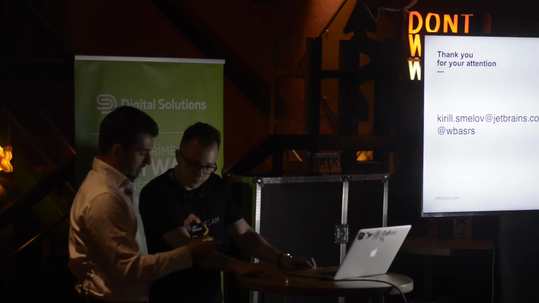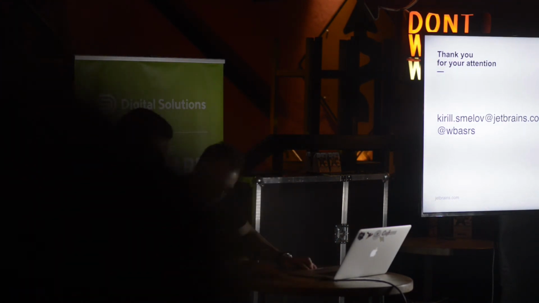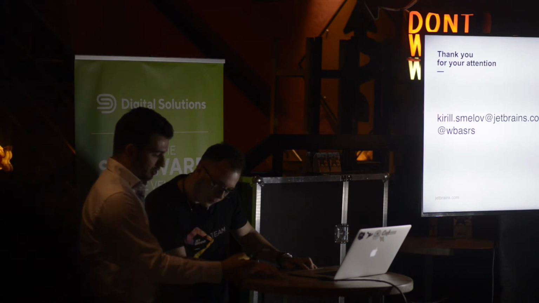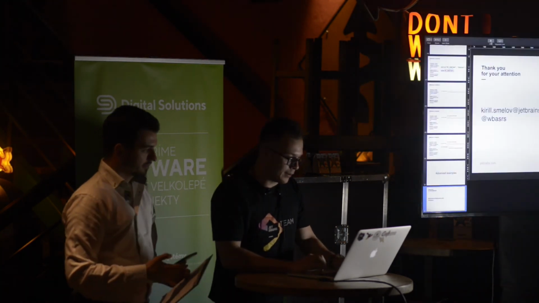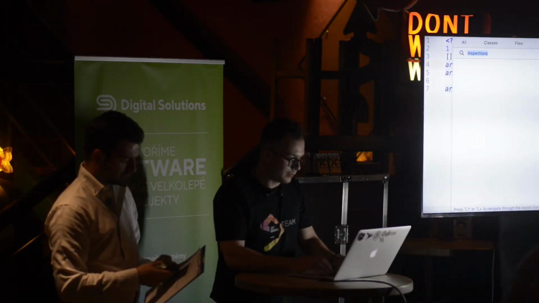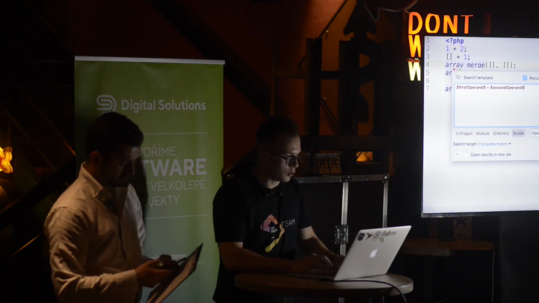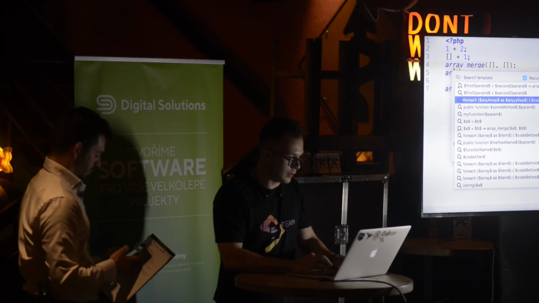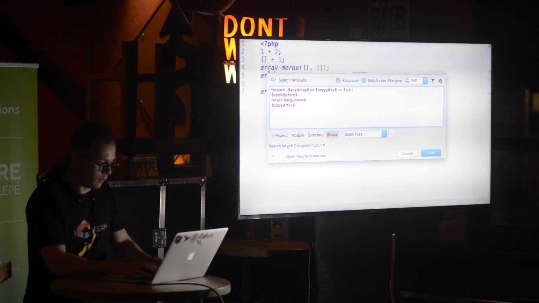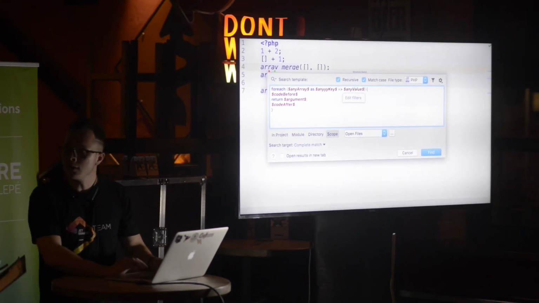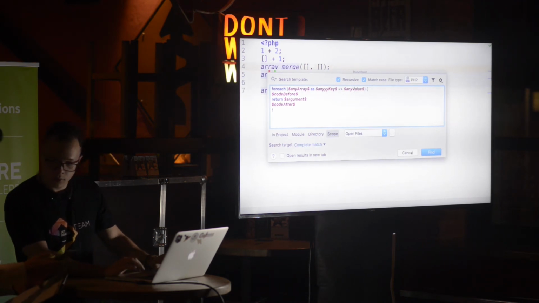Thanks. Another question from Spiceso. In your foreach example, how would you expand your search for loops with key values, such as foreach array as key is value? I will just type search structurally, and I can just type any value, and it will match any value as well. So that's all. I hope that satisfies you.